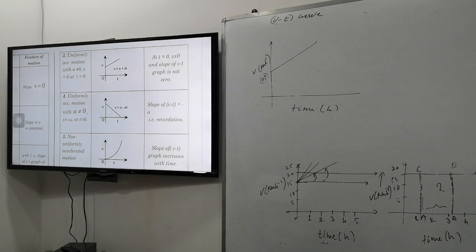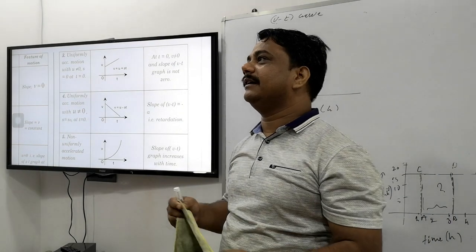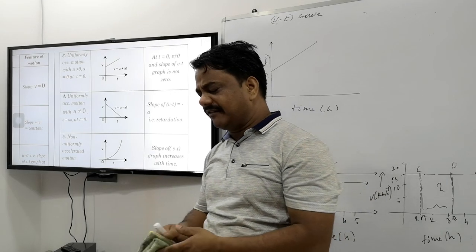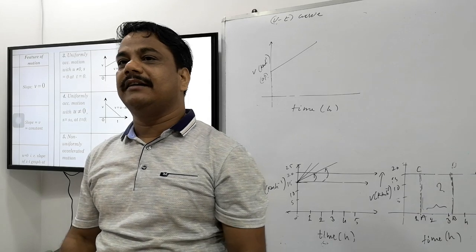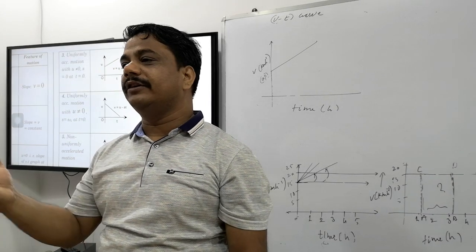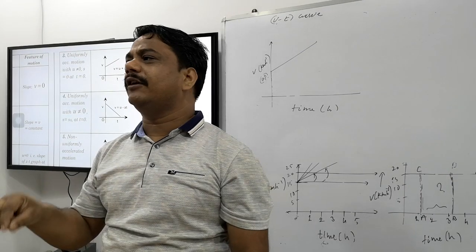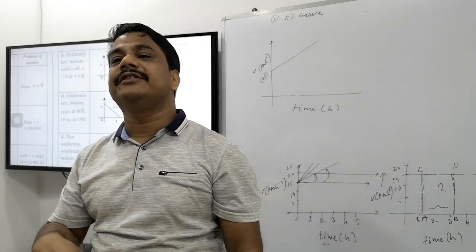The object can already have a speed here. Suppose you started a journey from Balaghat to Gondia, your journey is continuing, and you reach Rajegaon. You do not stop your car, I just ask you to count your speed. At this time your time interval is 0 but your speed is not 0. So this is called initial speed.